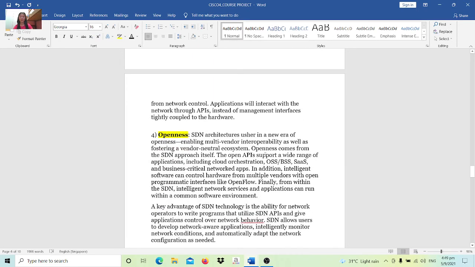The fourth one is openness. SDN architectures usher in a new era of openness, enabling multi-vendor interoperability as well as fostering a vendor-neutral ecosystem. Openness comes from the SDN approach itself. The open APIs support a wide range of applications, including cloud